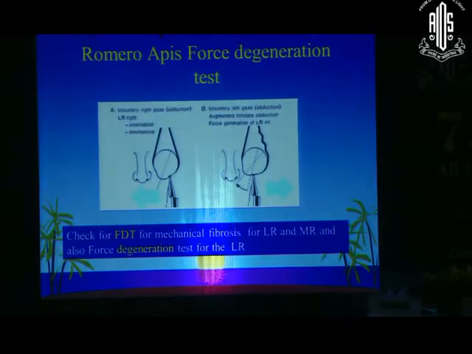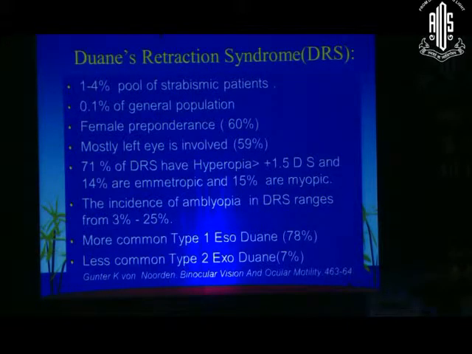And the propulsion of the globe can be seen here, and the adduction retraction is visible very clearly here. If you do a force duction test, what we mean by that is that when the person is looking in adduction, you hold the globe and you will feel a little bit of tightening. Why? Because there is a co-contraction. The LR is contracting during attempted adduction. But the moment you ask him to abduct, you will feel a give. The lateral rectus is suddenly relaxed. When it is supposed to fire, the lateral rectus does not. So the lateral rectus gives, and you will actually have the adduction happening when you are asking him to abduct. So this is the paradoxic innervation, which you can actually see, and this is very nicely described by Romero Apis. So these Duane's retraction cases are about 1 to 4% of the general population.